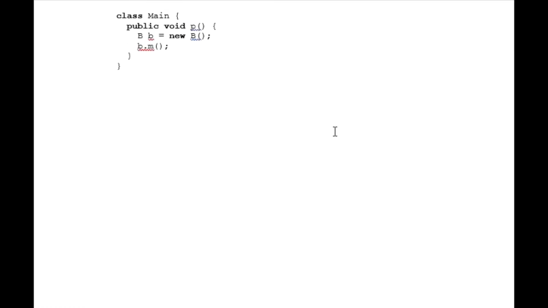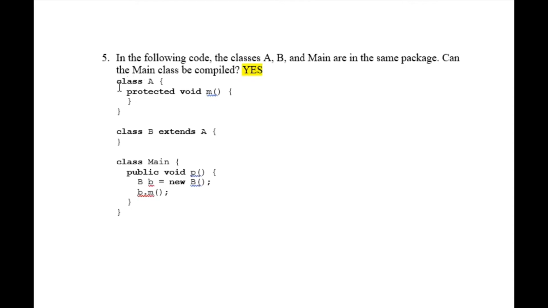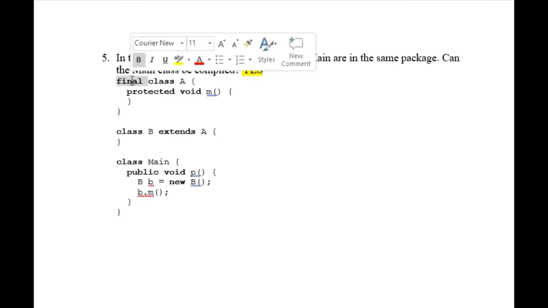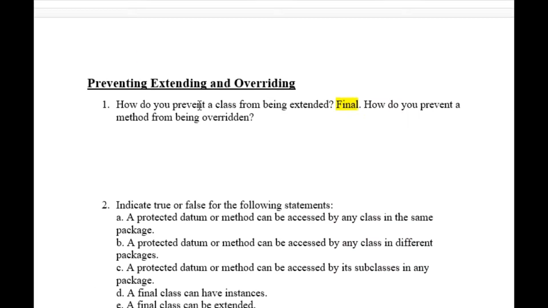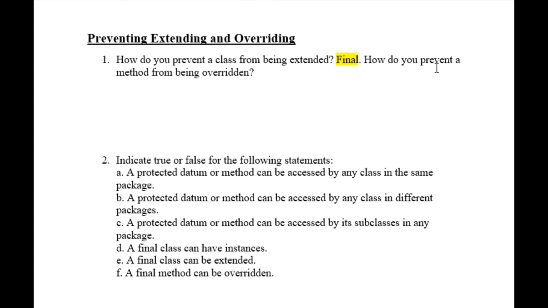So here you normally write class A. When I say final class A, you cannot have a subclass for class A. Okay, that is the idea. You cannot extend it. So make use of the final. How can you prevent it? I just write final. This is not the answer. You need to say that you define the class using the keyword final, because a final class cannot be extended. So this is the proper answer. I'm just giving the hint only.